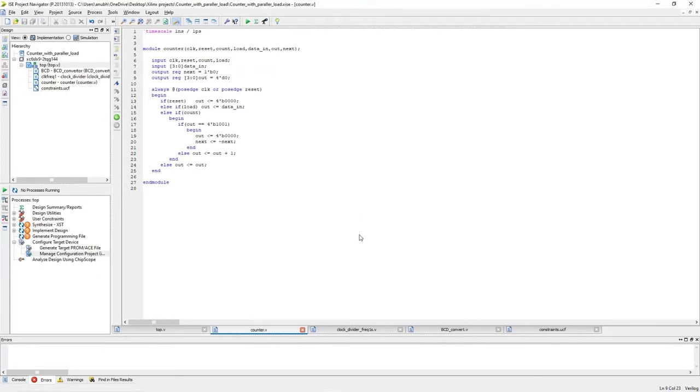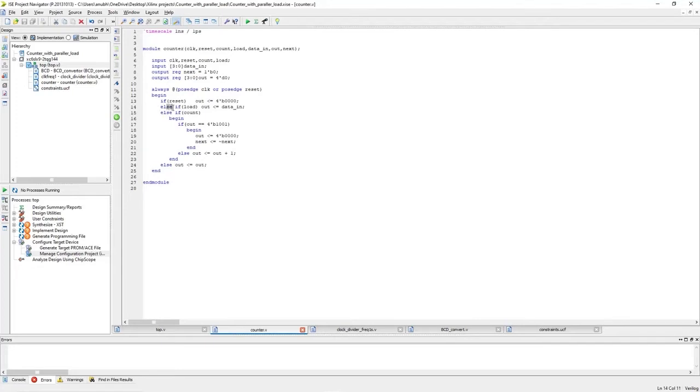Okay, so as I told you, we will be designing a counter with a high level triggered reset. The reset is asynchronous, so whenever the reset event occurs, the output will be set to 0.